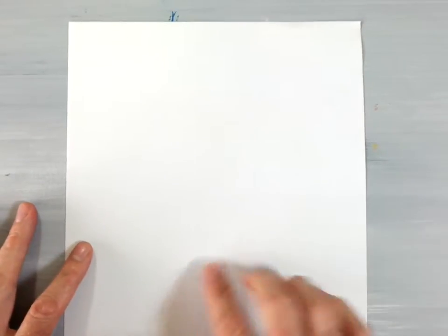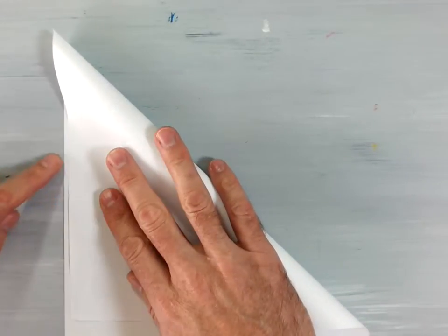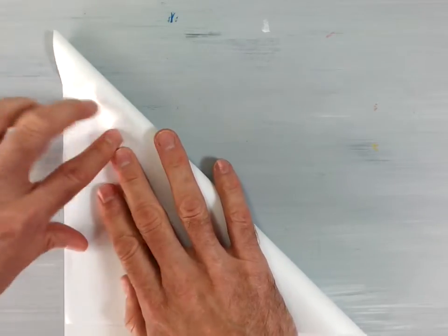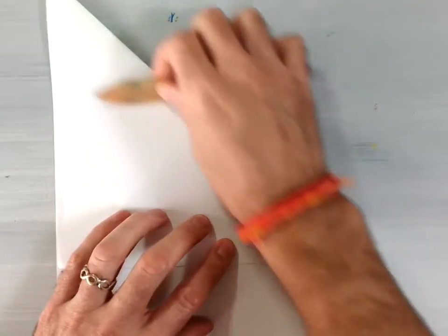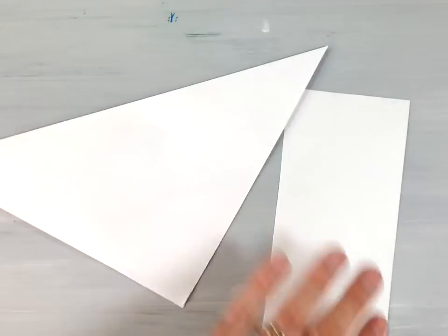started. You'll need to have an origami square to do this model, so I'm going to use an A5 piece of paper and just fold this corner over and make sure that the edges here are nice and parallel so that I can have a perfect square. If you're anywhere else in the world, you can use any size of paper you'd like. I'd suggest a little larger than smaller because some of the folds get quite small near the end of this model. Okay. Cut off the remaining piece of paper like this so that you have your origami square to start